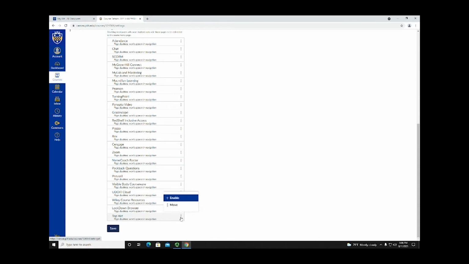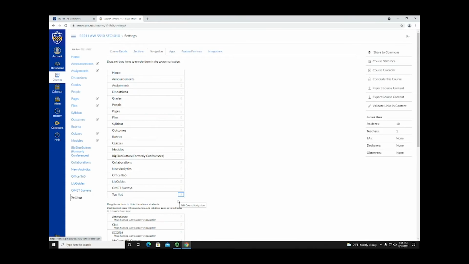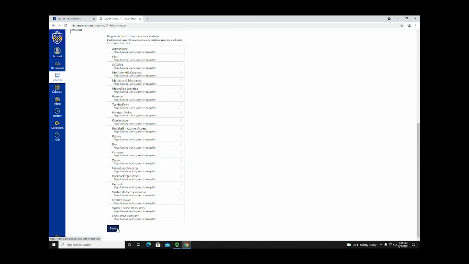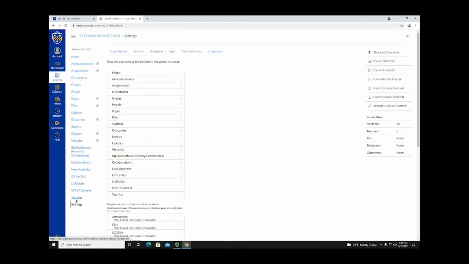Typically when you start, you will not see it in the course page. So you hit enable, and now it appears as if you've enabled it. But no, not too quick here, right? Scroll down again and hit the magic button, save. And once you do that, then you will have TopHat appear on the left-hand side of your Canvas page, as it does right now. Here it is on mine. So then you are ready to set everything up in TopHat. So you click TopHat,